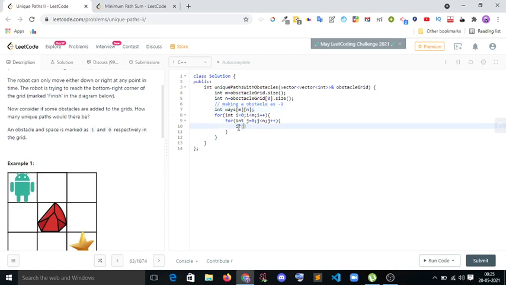If ob of i of j equal equal 1, so ways of i of j equal to -1.